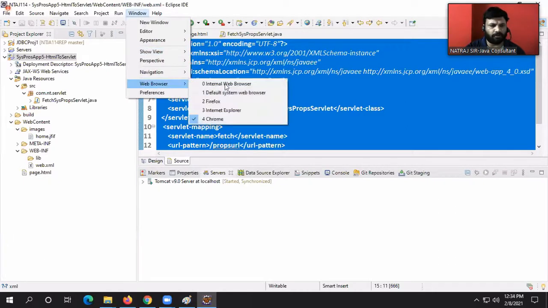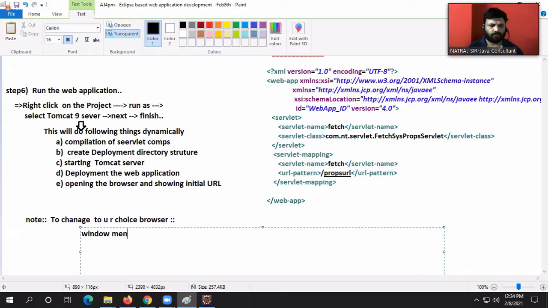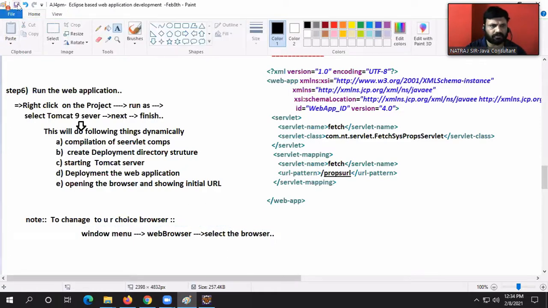Window menu, web browser, select the browser. Cool, guys. I hope you enjoyed this point, guys.